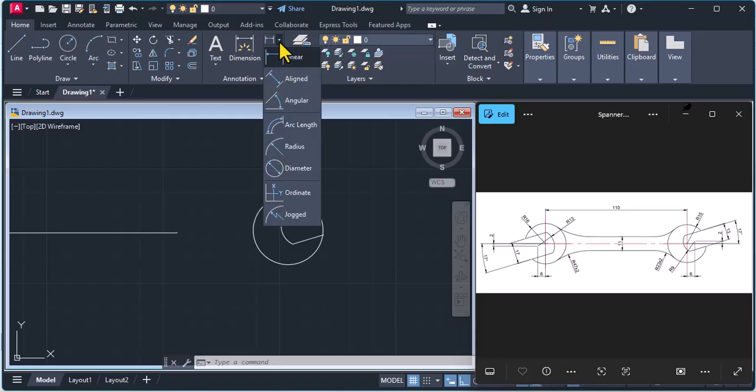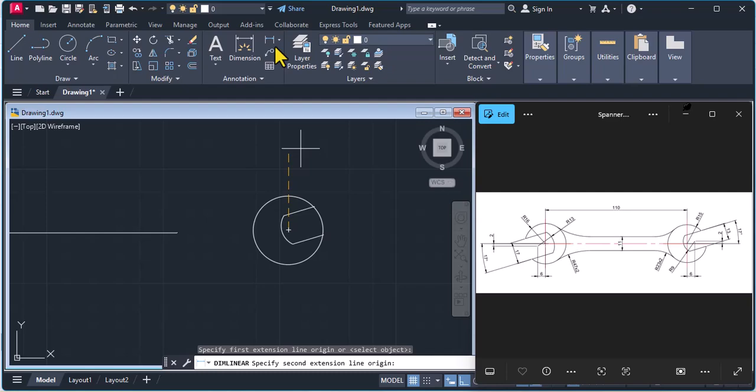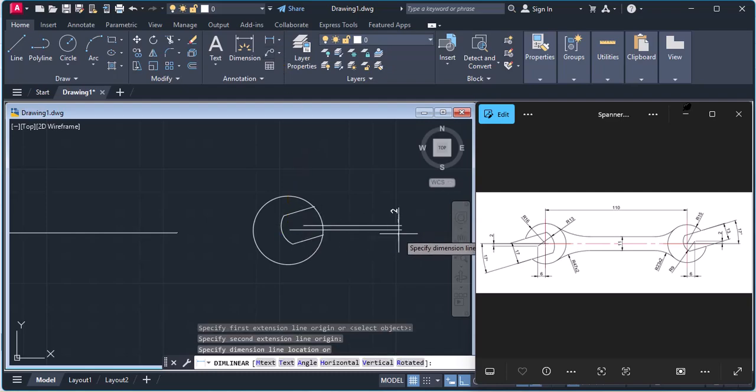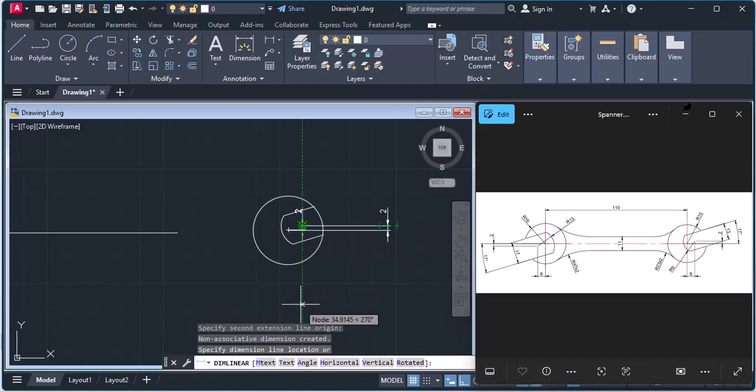And now let's just check the dimensioning, linear. So center of this and center of this. So this is perfectly 2. And again linear dimensioning, center of this, center of this. This is perfect 6. Now we'll trim